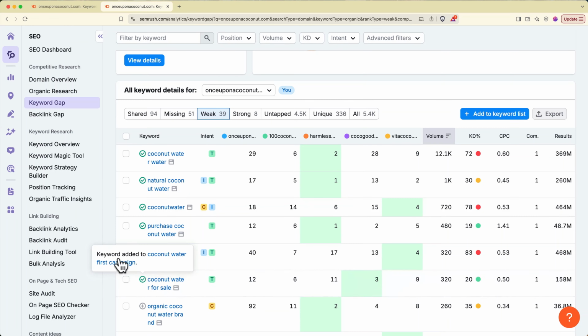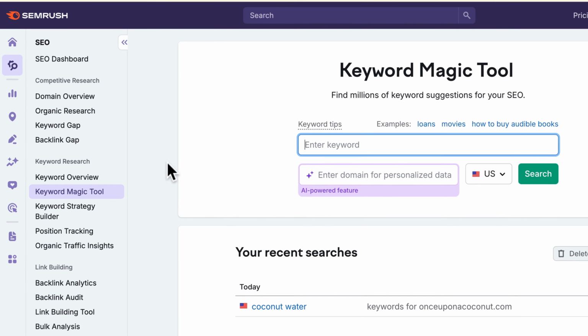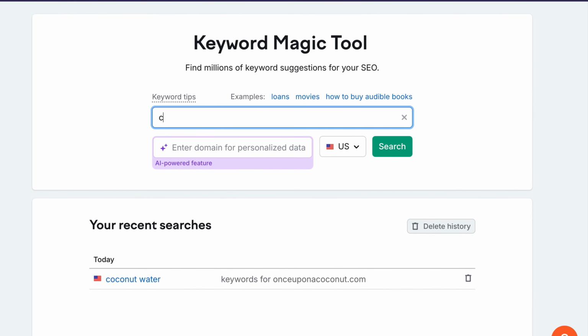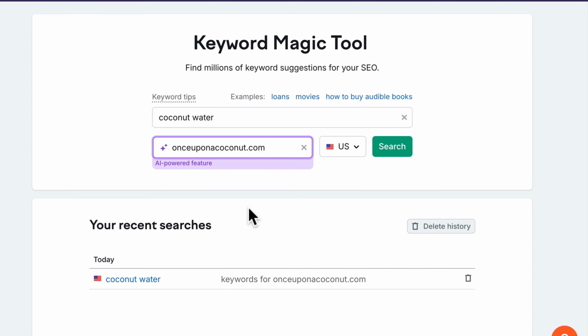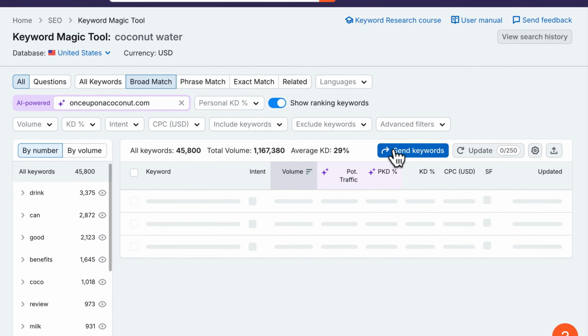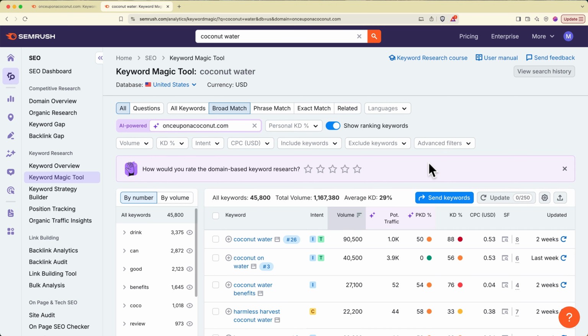On the left side, click on the Keyword Magic Tool. Then, enter in a broad search topic, something like coconut water in our case. Then, add your domain to get some personalized insights. If you've set up a project, you can click your domain from the dropdown. Then click Search. Semrush will think for a minute, and then it'll present you with a huge list of keyword